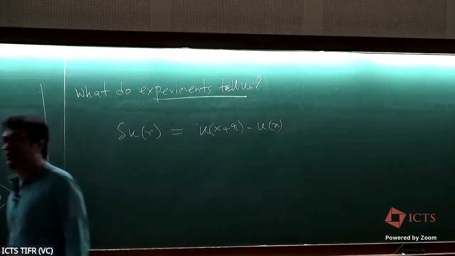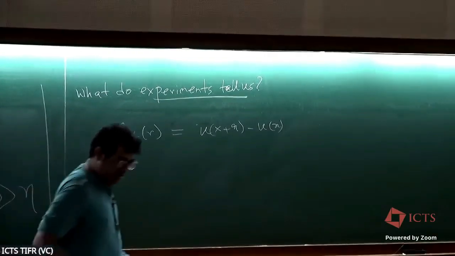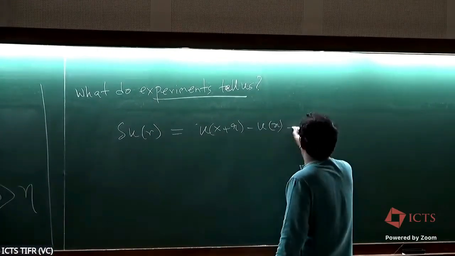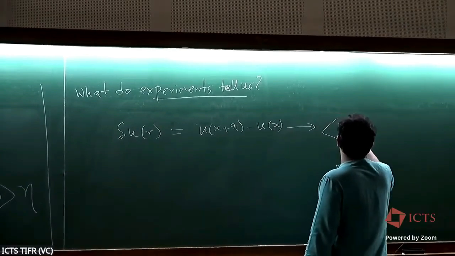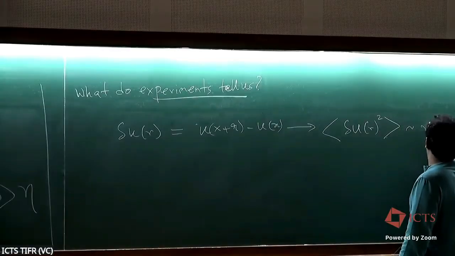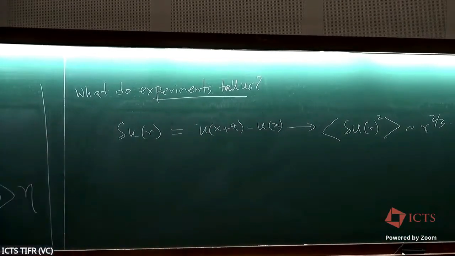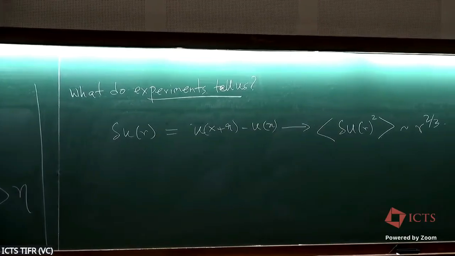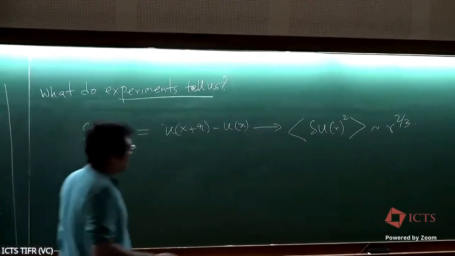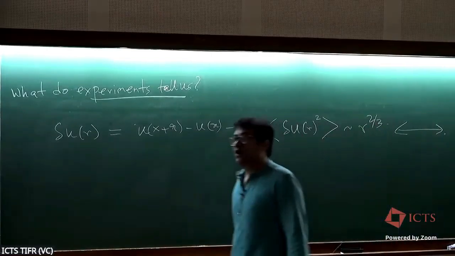Velocity difference between 2 points which are separated by R. Then experiments tell us, I should be a little careful, that this scales as R to the power 2/3. That's the only thing that experiments have informed us, and this is sort of, in the decades of the 70s. There is a nice corollary to this, and this is something which Ritik will cover also in the tutorial,